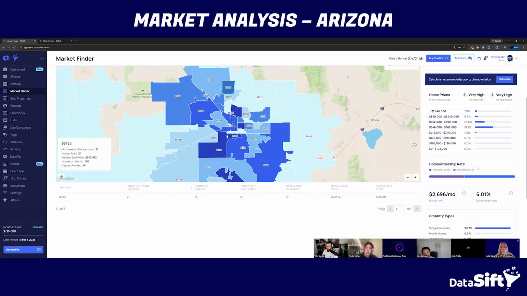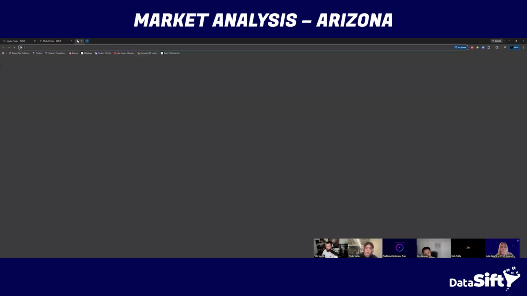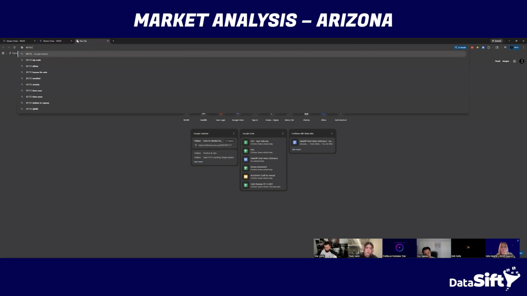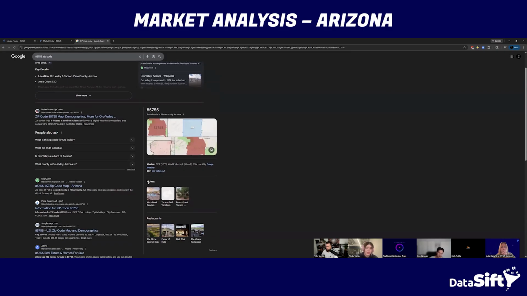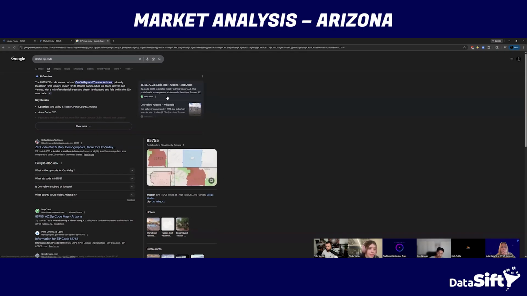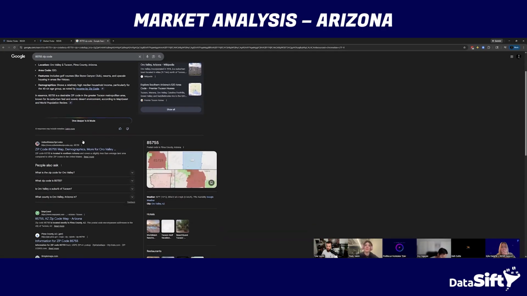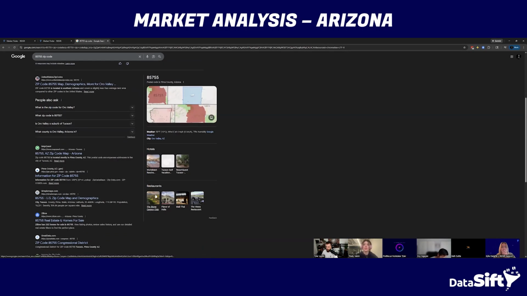I don't know. 85755. I would Google it at this point. 85755 zip code. Get an idea of where that's at and what is this, a snowboarding area? Is there cabins and stuff up in that area? It looks like Oro Valley. In Utah, when I analyze these kind of zip codes when I start seeing photos